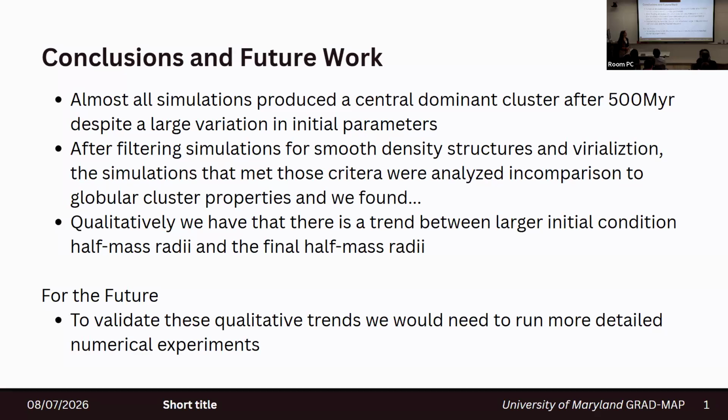Also, of course, there is some randomness in each of the initial conditions that we create for the simulations. So it's not necessarily a result of the initial condition parameters that certain cases didn't produce a single dominant cluster. If we repeated these simulations with the same parameters for more iterations, we would be able to tell for sure what leads to the pattern of not having a single dominant cluster. But yeah, I'm not sure exactly what.